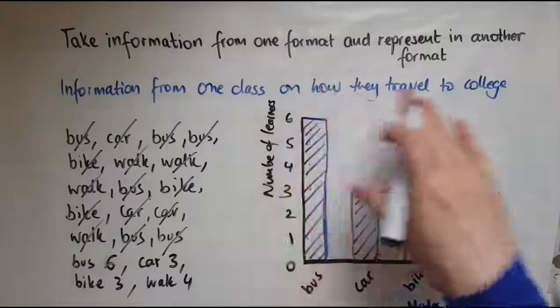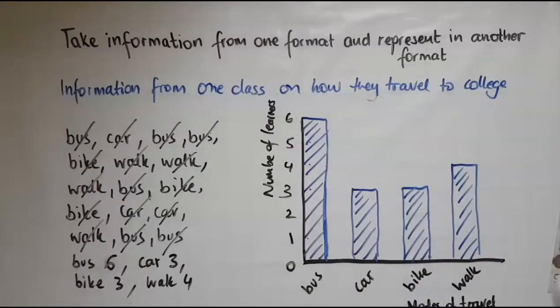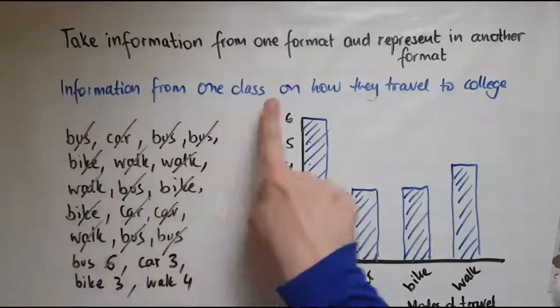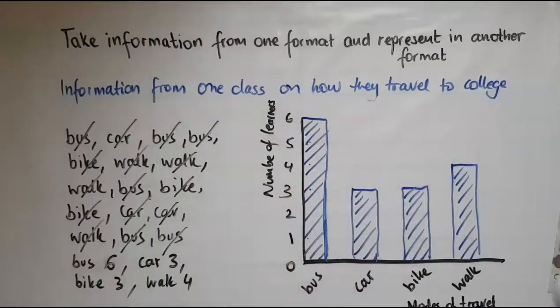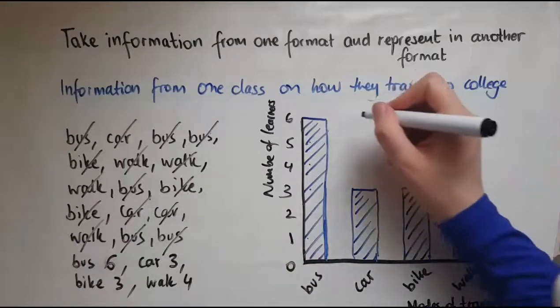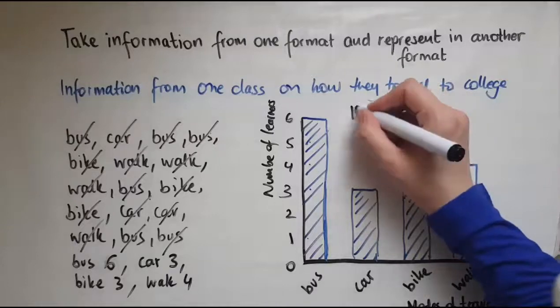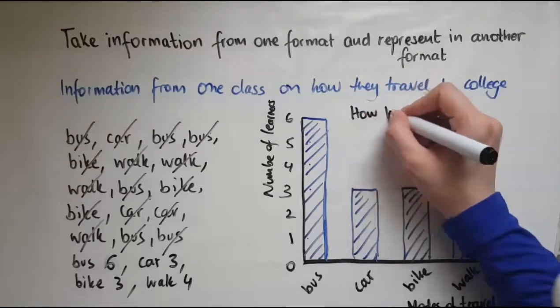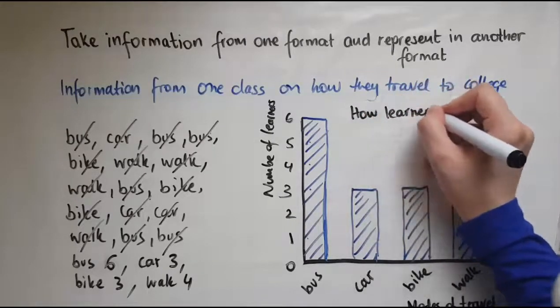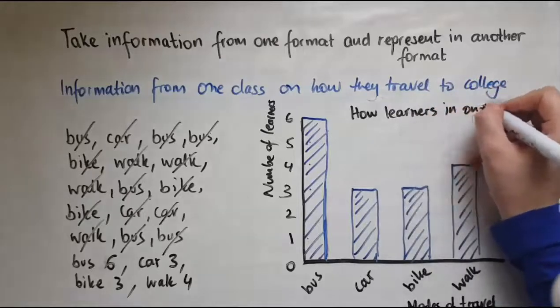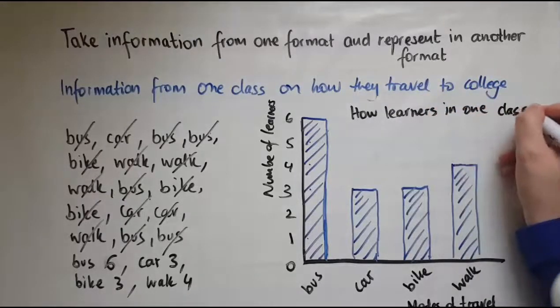And what does this represent? And that is information from one class on how they travel to college. So I could write it here. So how learners in one class travel